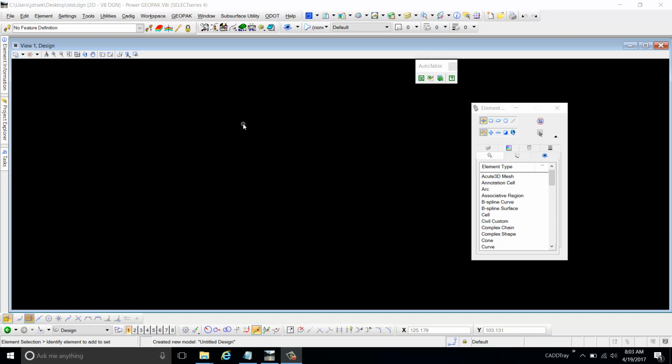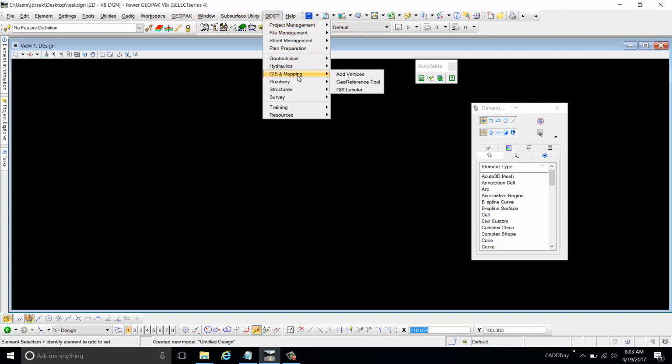First thing, to open it, under the ODOT tab is GIS and Mapping. Then there's the GeoReference Tool. Now, if you do not see this here, that means you most likely don't have the data downloaded for your office, and this is not going to be available, because there's no point in showing it if you can't really use it. So if you want to set this up, what you need to do to get this to show up is